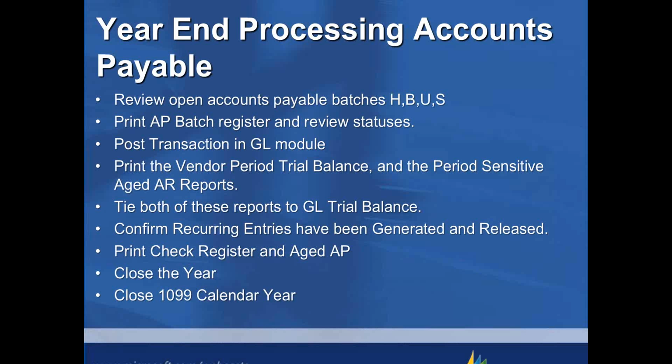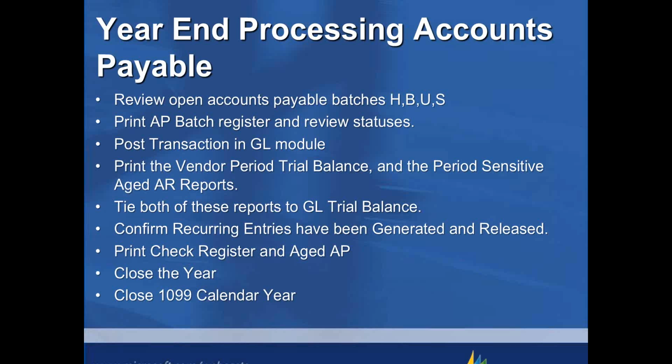I'm sorry, there's a typo there. It says aged AR. So those two reports should agree with one another, and they should also agree to your accounts payable control account in the general ledger. You should confirm that any recurring entries have been generated and released and posted. You should, of course, print a check register and an aged accounts payable report, and then you can close the